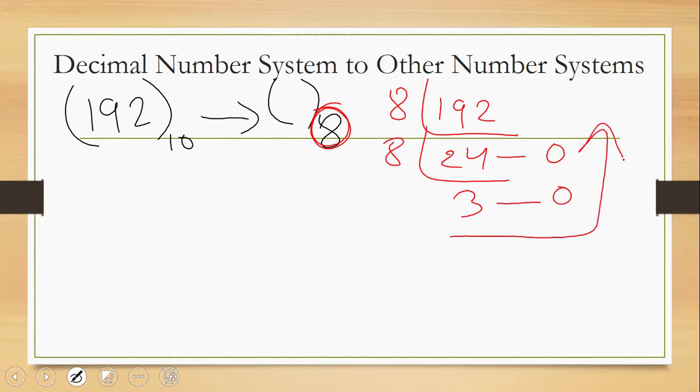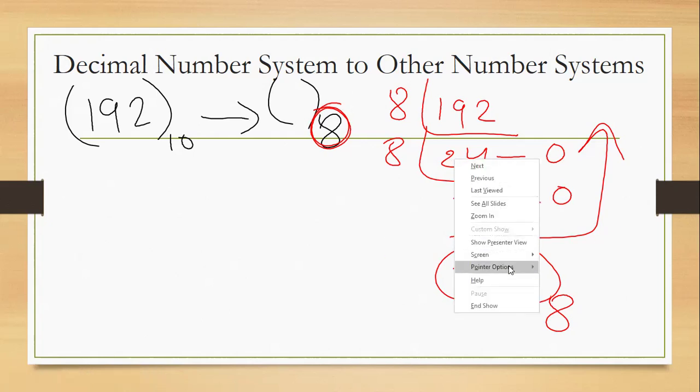Start with the bottom always and go towards the top. And now the final answer will be 300. So this is the octal representation of the decimal number 192. Likewise, we can convert the same decimal number to a hexadecimal number. The only change we will make here is the division value. So take 192